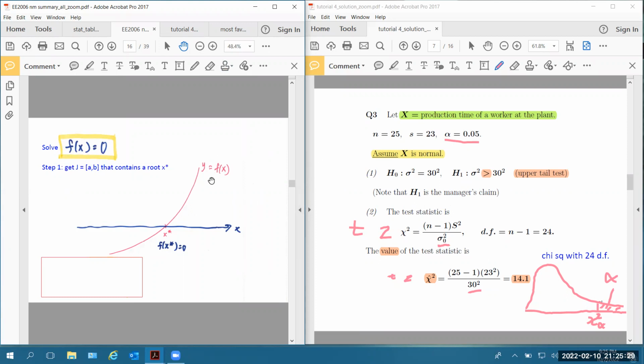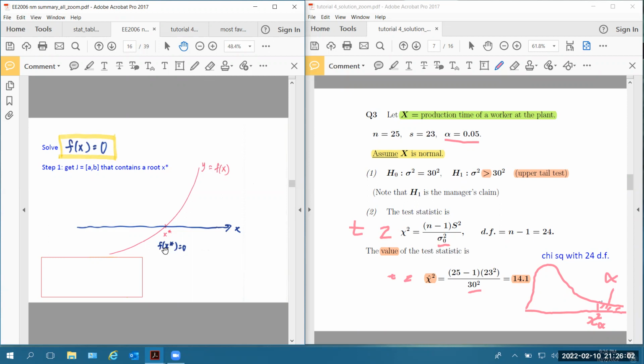When we were in secondary school, we solved equations by drawing a diagram, which we call solving graphically. You draw y equal to f(x). Suppose this is your graph. Then your graph cuts the x-axis at x star. You can see the x star here. That's the place where it cuts the x-axis. And what is the y coordinate at x star? Well, because it's lying on the x-axis,